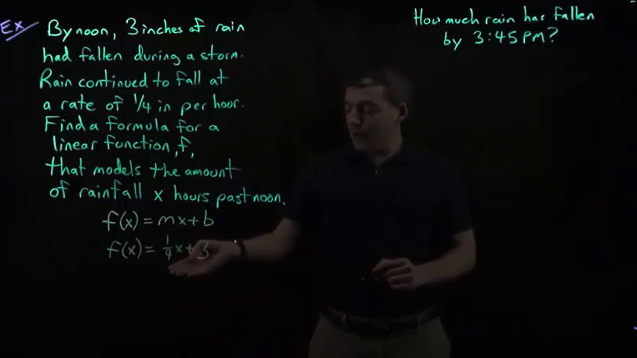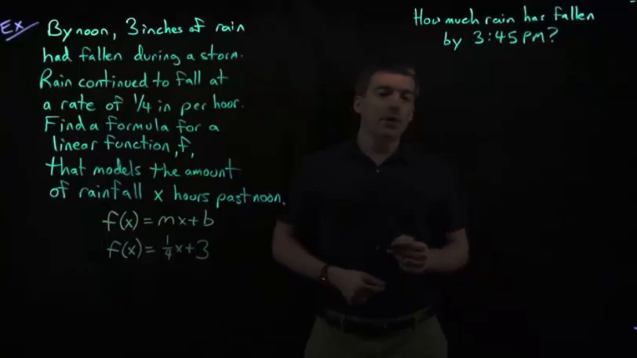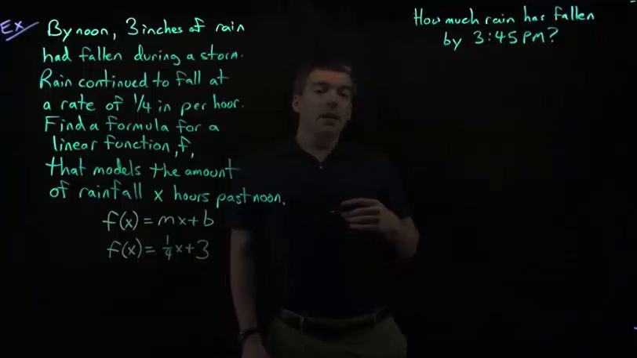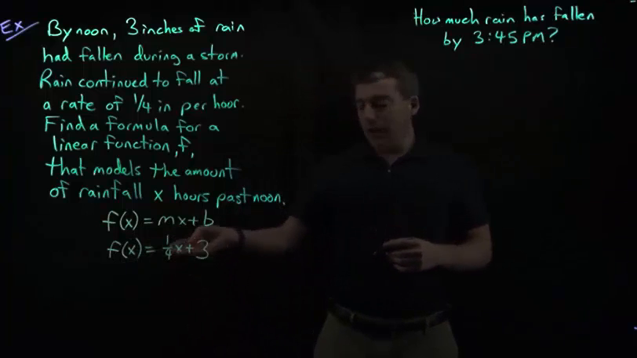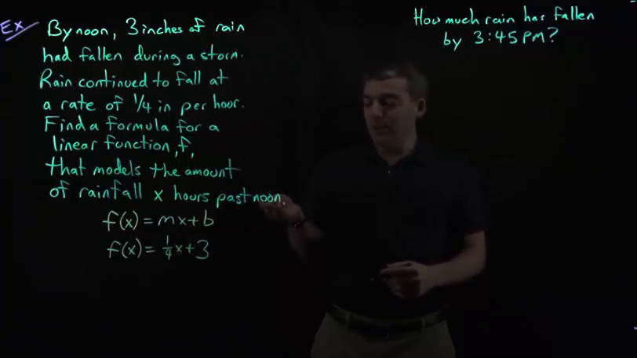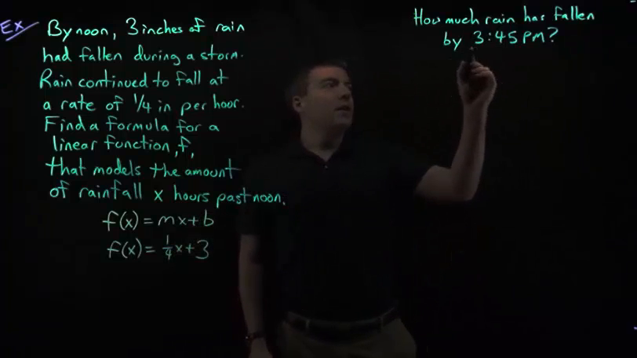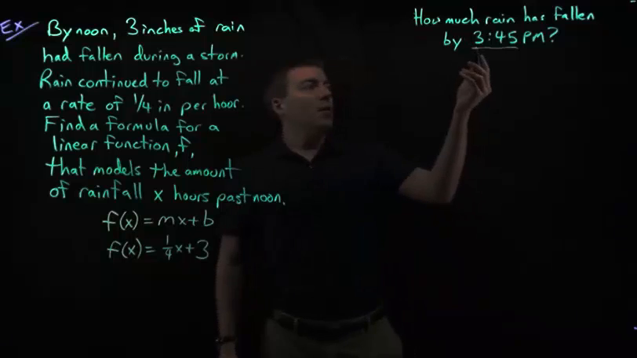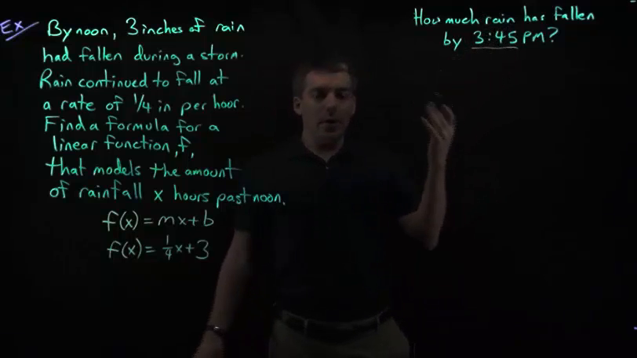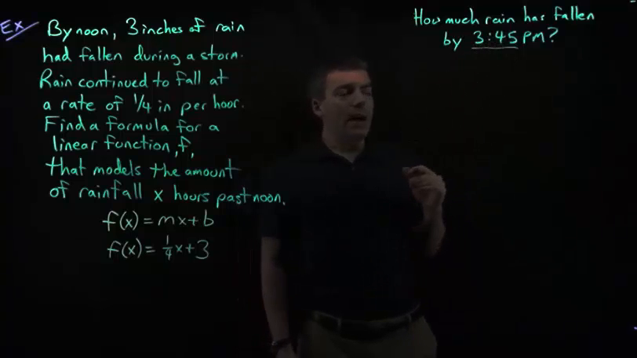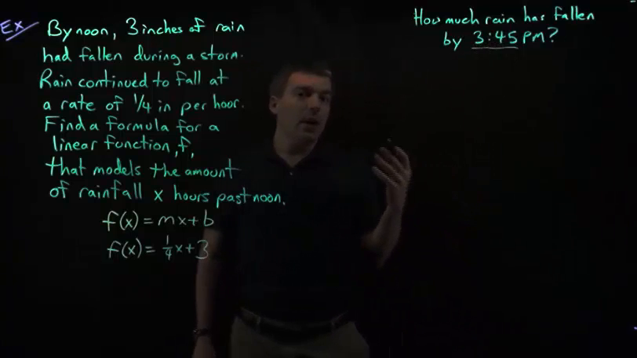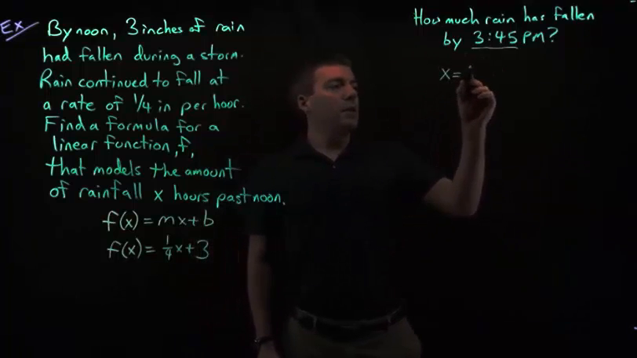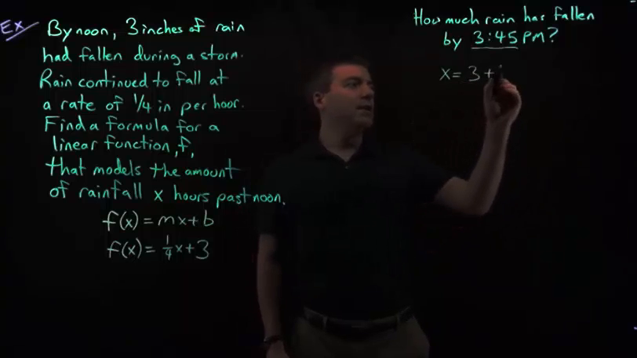All right, and now we can use this to talk about this situation. For example, let's say how much rain has fallen by 3:45 p.m. Since this function gives us the amount of rainfall in inches that has fallen x hours past noon, we just need to convert this 3:45 p.m. into hours past noon. Well, 3 o'clock, if we ignore the 45, is already 3 hours past noon, and 45 minutes is 3/4 of an hour. So we want x to be 3 plus